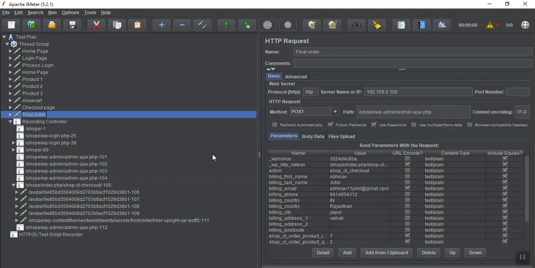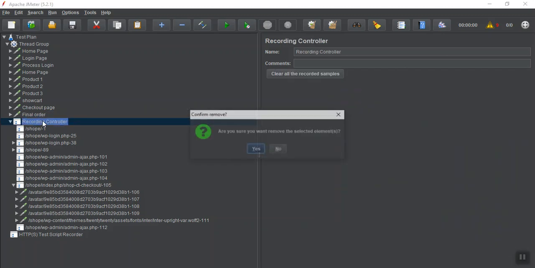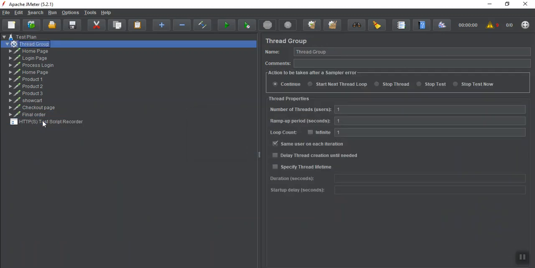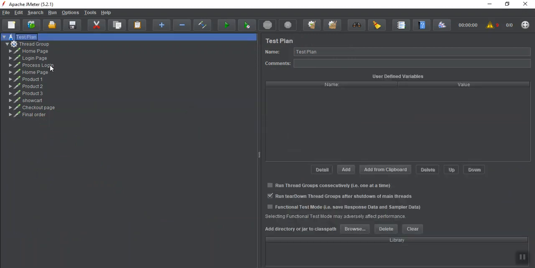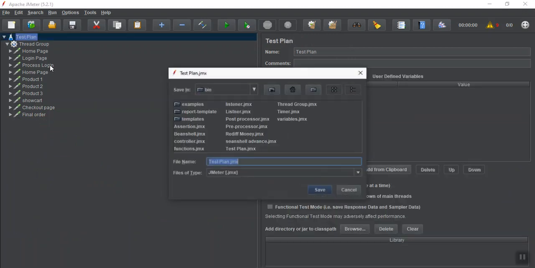Okay, so here I have given all the requests which have been recorded. Just remove this, delete this also. Okay, save it. Let's save it as project 1. Fine, so I have named it as project 1.